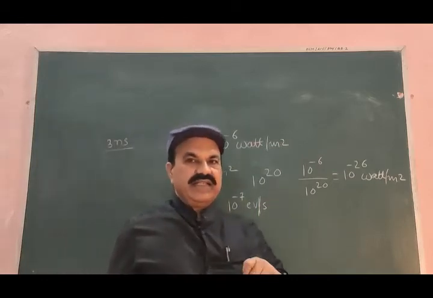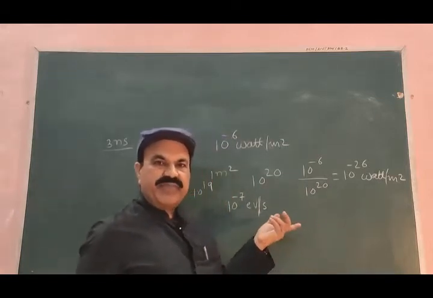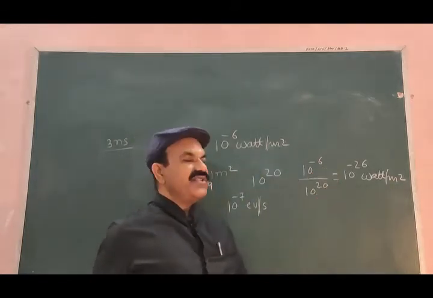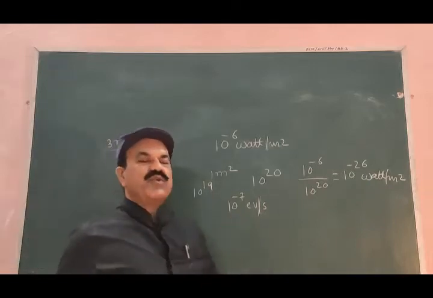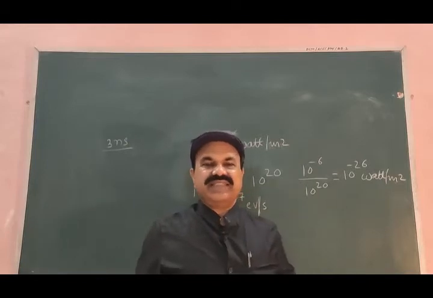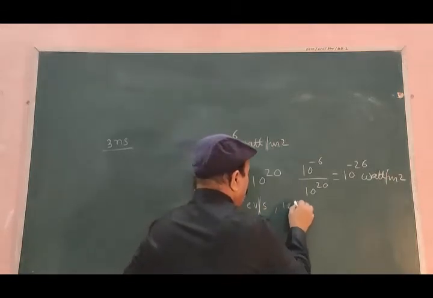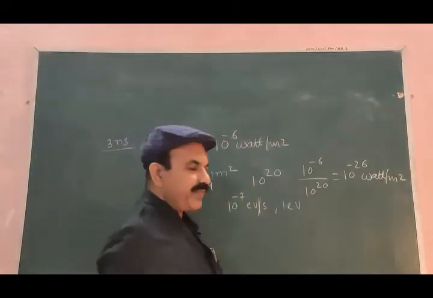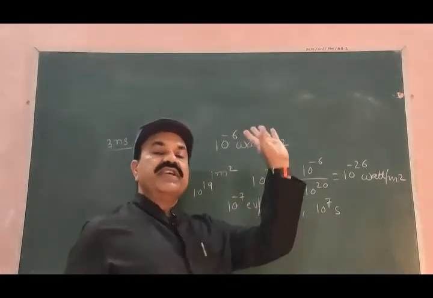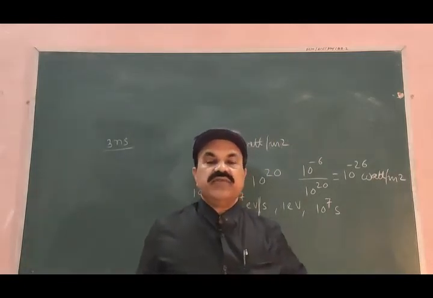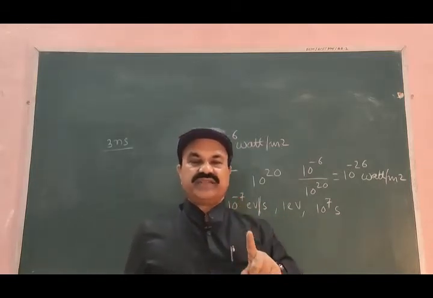It means that the kinetic energy gained by an atom in the sodium metal when 10 to the power minus 6 watt per meter square intensity of light is falling on the metal surface is 10 to the power minus 7 electron volt per second. To acquire 1 electron volt of energy, every atom will need 10 to the power 7 seconds. And what is 10 to the power 7 seconds? 10 to the power 7 seconds is about 1 year.